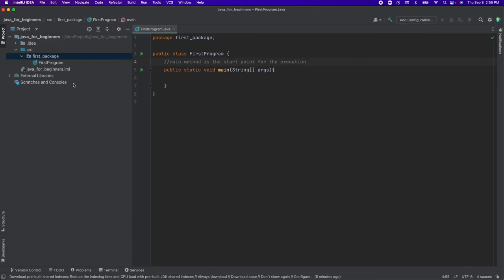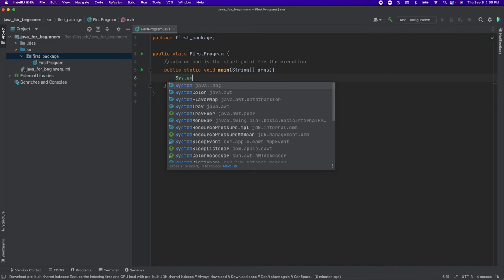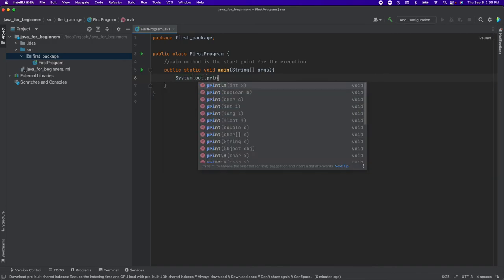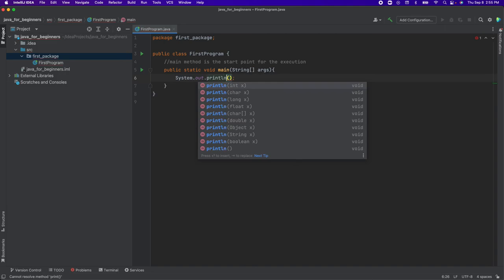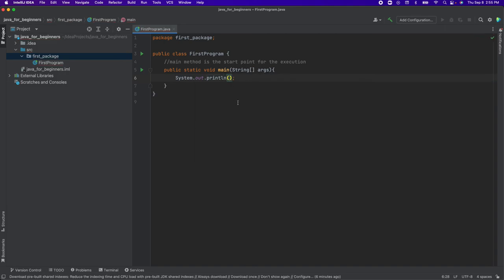So basically, when we get Java, it comes with few components as JDK, JRE, and JVM. JVM is where our code will be executed, and the first thing that JVM looks at is the main method. So whenever it finds the main method, it starts executing the block of the main method from top to bottom and left to right. So here we are going to put a simple code statement as System.out.println